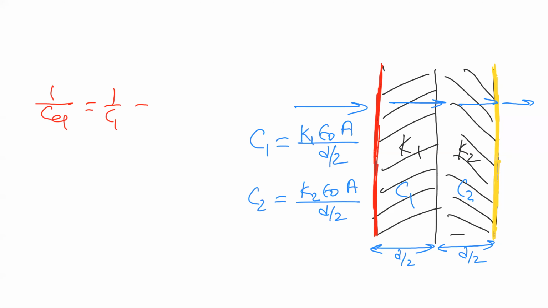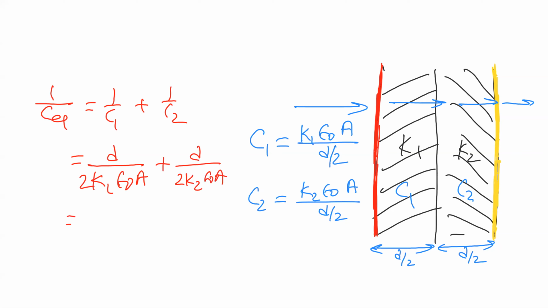So 1 by C1 plus 1 by C2. If you take 1 by C1, what will be there? D will come up, right? D divided by K1 epsilon naught A, 2 will also be there, plus D divided by 2 K2 epsilon naught